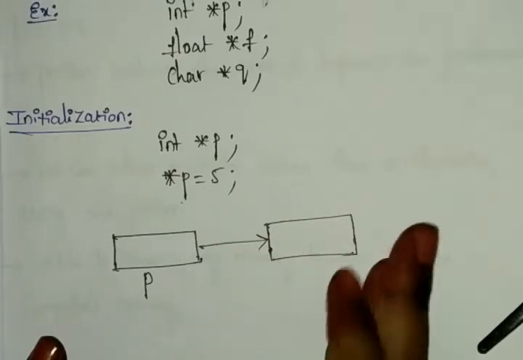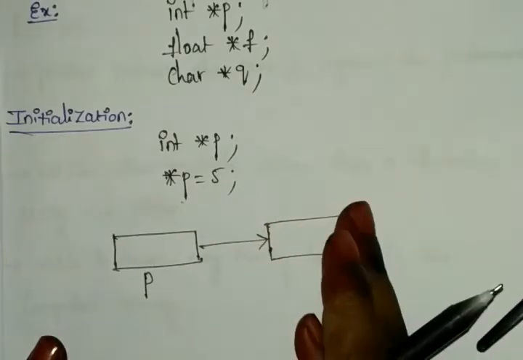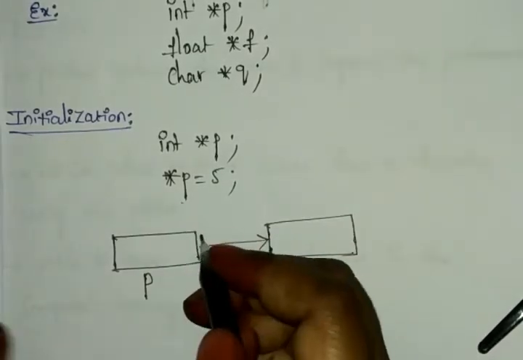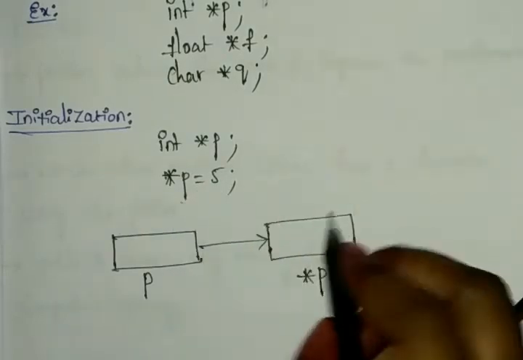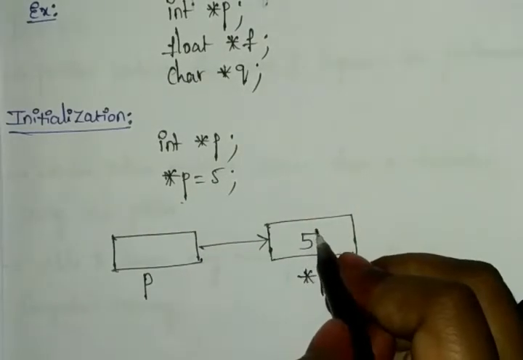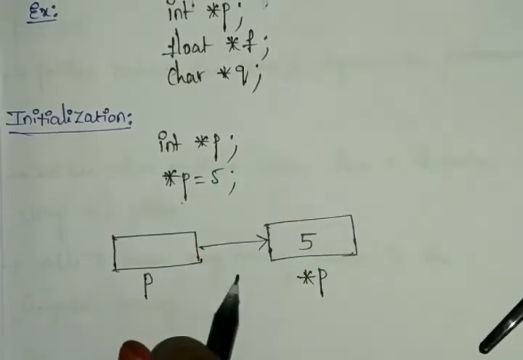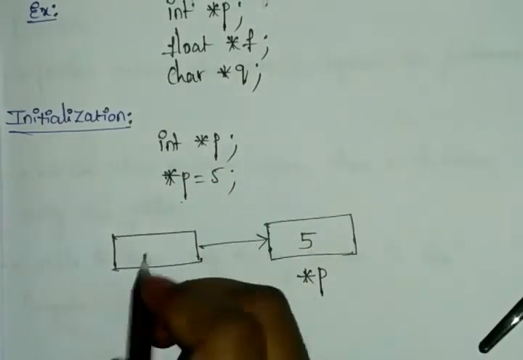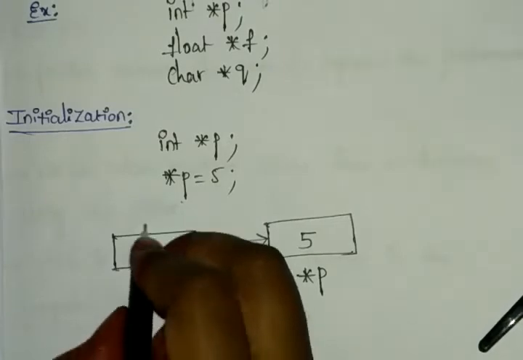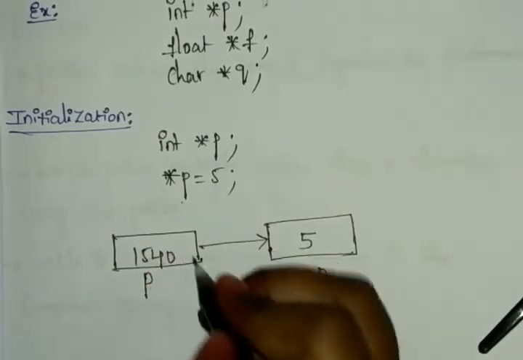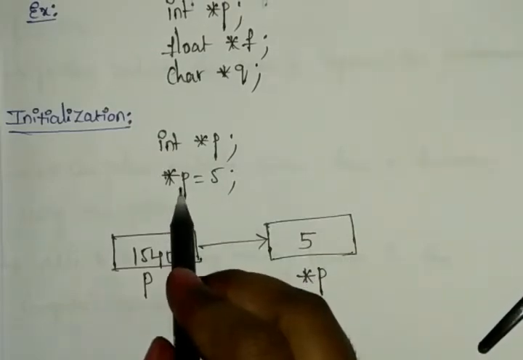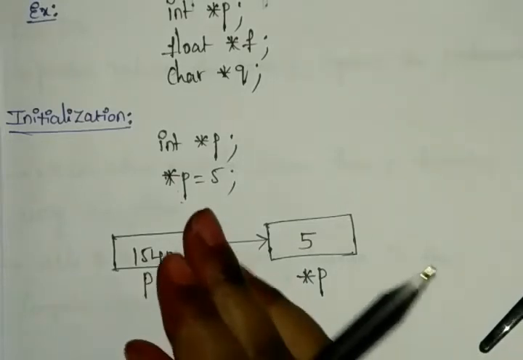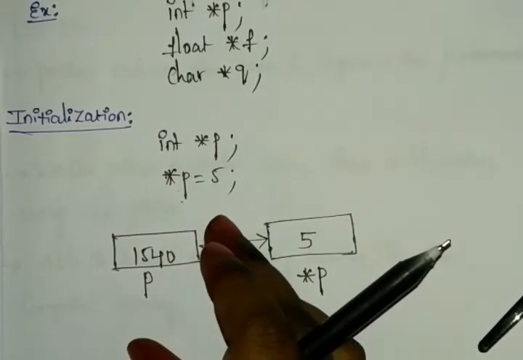Now whatever value you have, that can be called your pointer p, right? So here I'm taking the pointer p. Just here you can see the value is 5 only. Okay, here we don't have any p value, so I'm assuming, or else you can take this as a supposition. I'm assuming the p value will be 1540. Here we have the pointer p value, that is your 5, but we don't have any p value, so I'm assuming the p value is 1540.